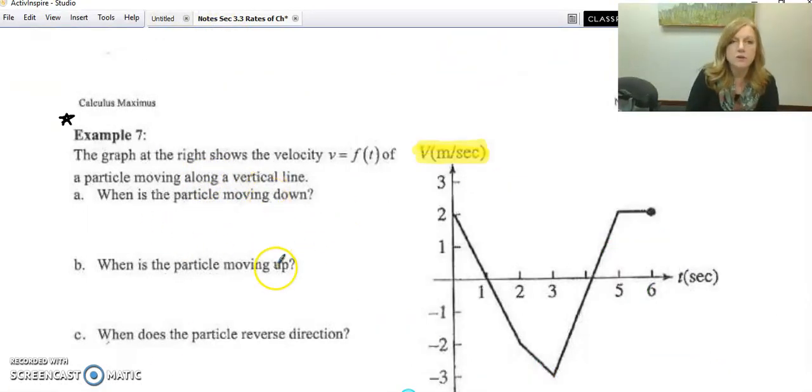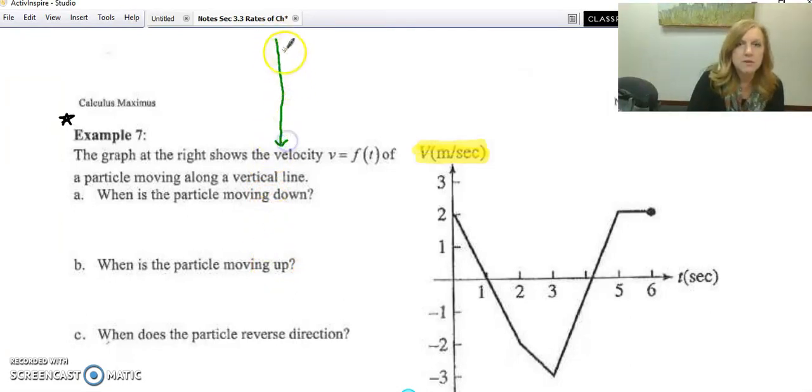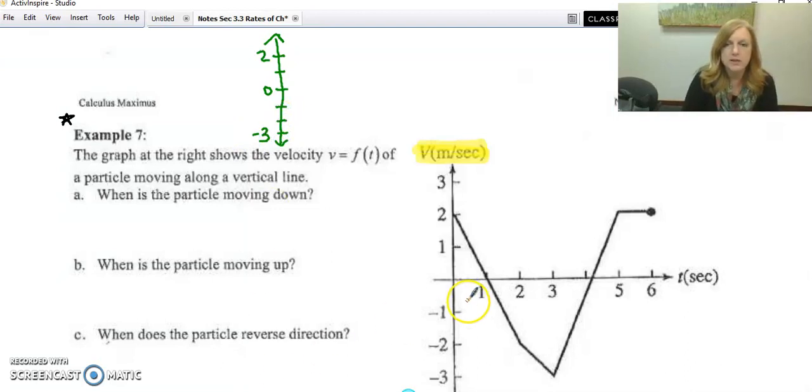Now, I'm on a vertical line this time, but that does not affect anything in the problem. I have a vertical line where you have some 0, 1, 2, -1, -2, -3. So if we take a look at what our particle is doing, it starts at an initial, actually I don't know what my initial position is. And that's one of the interesting things here. And so wherever I start, because I don't know my starting position right now, I am going to know that I am initially going to be moving to the